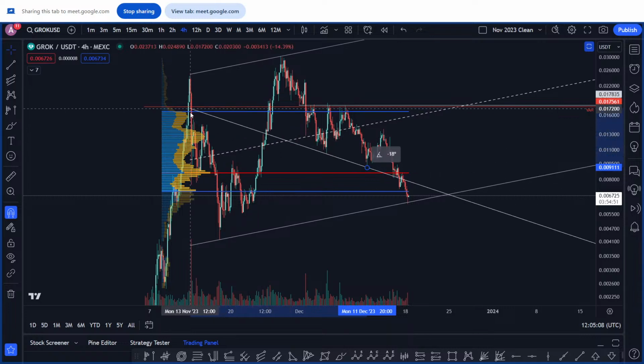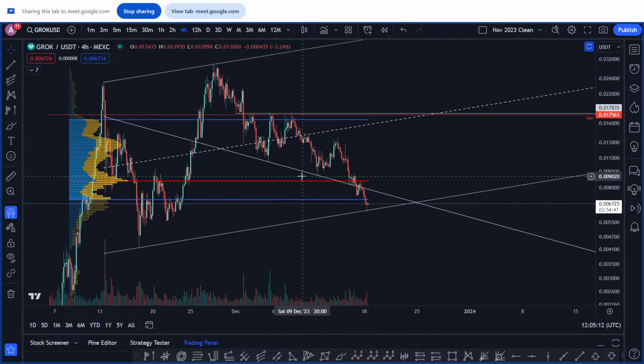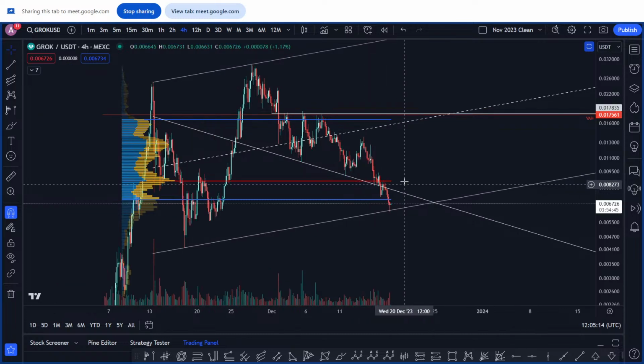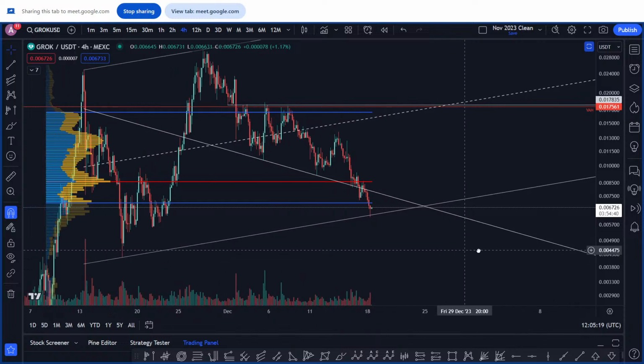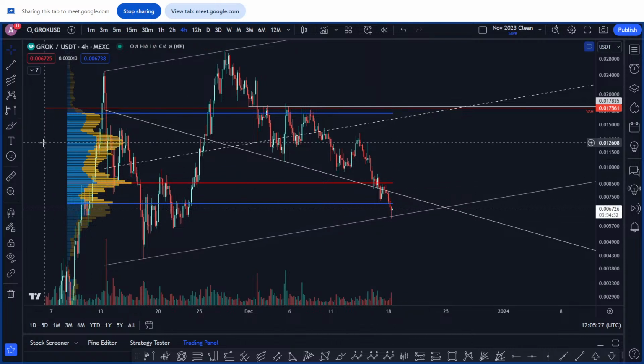Don't really know where it goes from to, something like that. It's more of an area. I think I want to see that reclaimed for sure. I don't like that we've kind of dropped underneath it, back tested it, and now we're lower. And I think as a sign of strength,